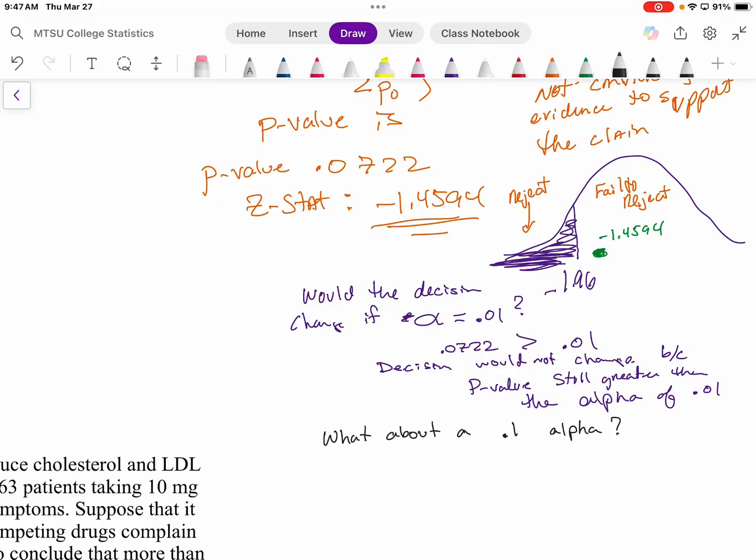Would my decision change, or would it still stay the same where I fail to reject? It would change. Why? Because then the alpha is bigger than the p-value. Yeah, our decision would change, and sometimes we need the concrete. If I write down my p-value of 0.0722 and my alpha is 0.1,